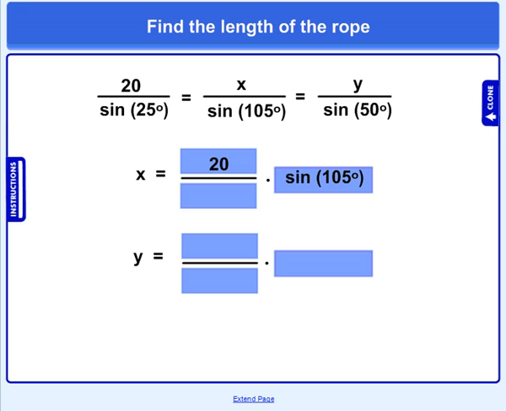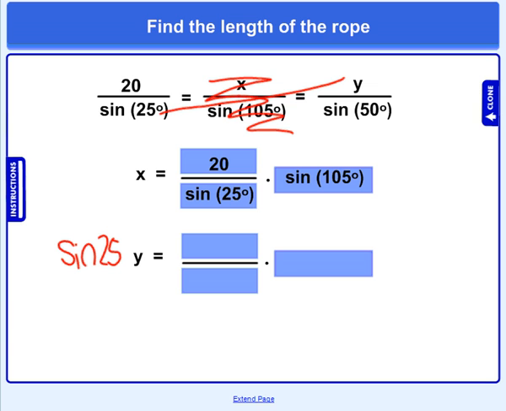And we'll just cross multiply again. So if we're focusing on those first two to find x, we'll have sine of 105 times 20, right? So that's where this came from. And then that's still divided by sine of 25 degrees. And then we would just calculate that on our calculator. And then to set up the ratio to find y, so we're not using this middle one. We're cross multiplying, so we've got y times the sine of 25 degrees, okay, is equal to